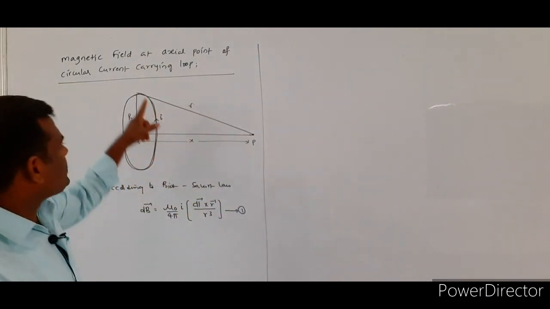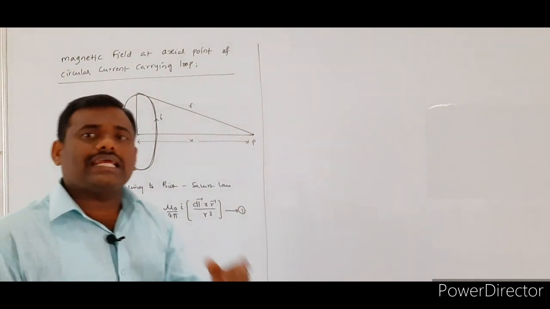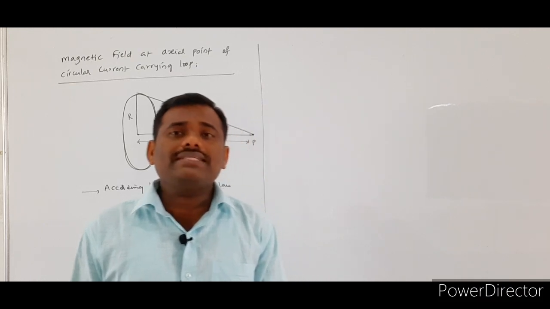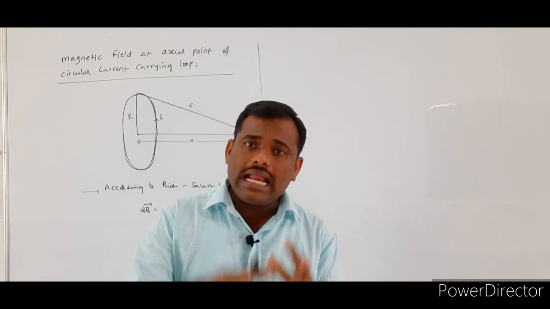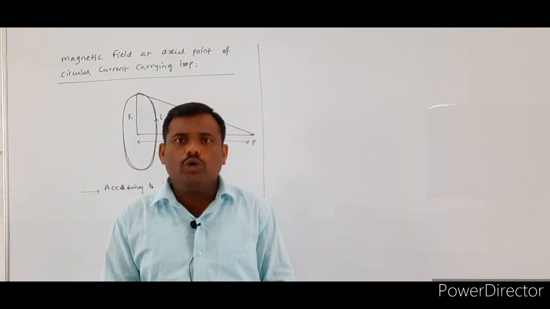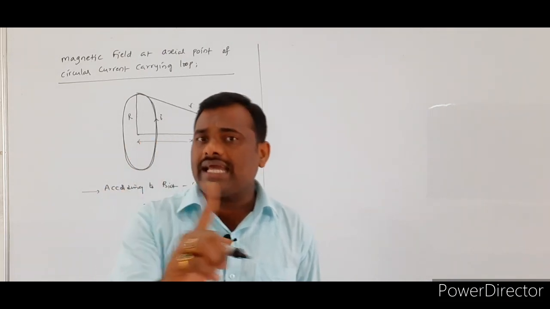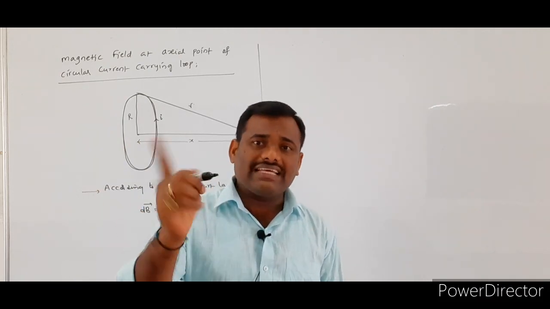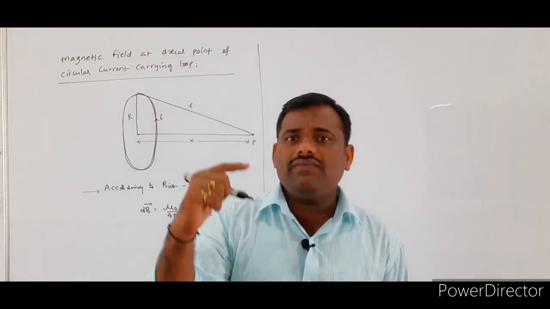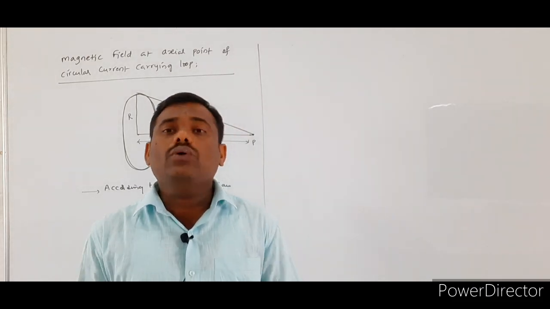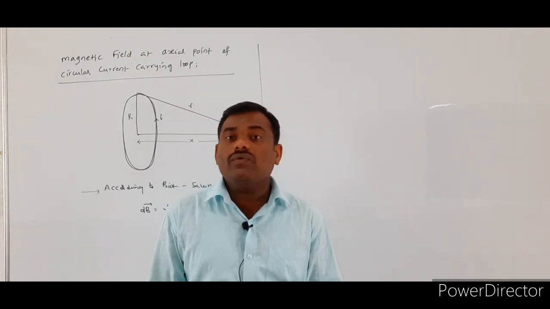Now, this is which type of current carrying conductor? Circular current carrying conductor. So even though it is a circular current carrying conductor, whenever a certain amount of current is flowing around the circular loop, a magnetic field is developed around the circular loop. If you take a straight current carrying conductor, around the straight conductor a magnetic field will be developed. Here what did we take? We took a circular current carrying loop. Even though you take the circular current carrying loop, around it the magnetic field will be developed. But what is our aim?